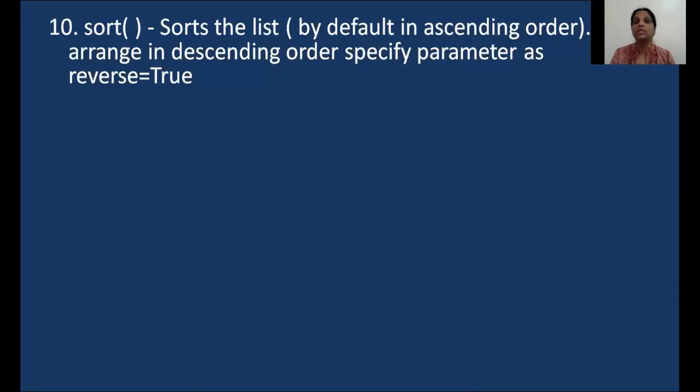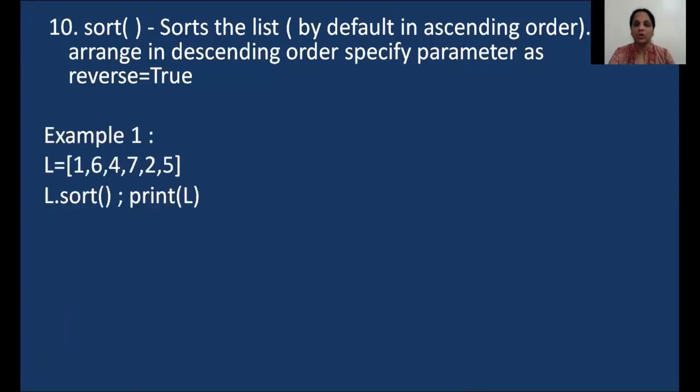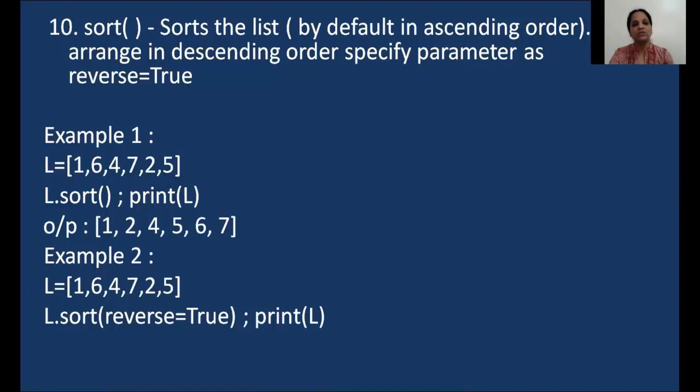But if you want it to be descending, then what you do is, currently, can you see the sort function doesn't take any parameters? In the parameters, you write reverse is equal to true. Then in that scenario, it does it in descending order. Okay, so I have the list here. When I arrange it, can you see it's in ascending order now? And if I had written reverse is equal to true as a parameter, can you see it is arranging in descending order? So I hope sort is clear.